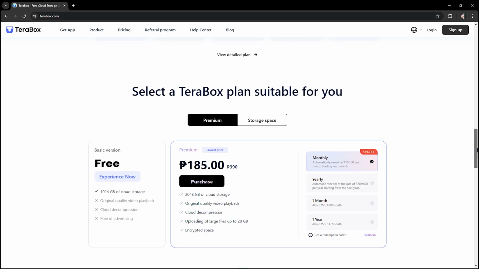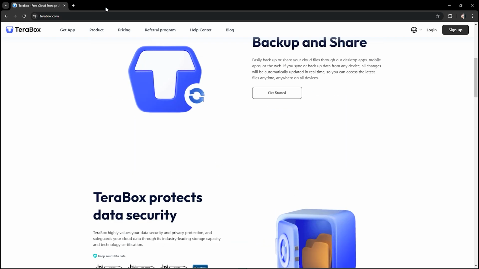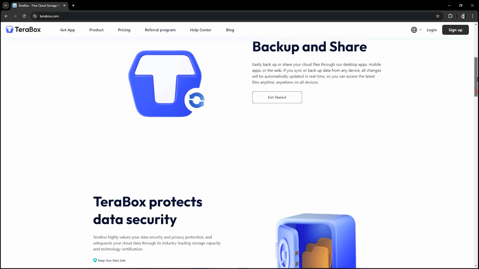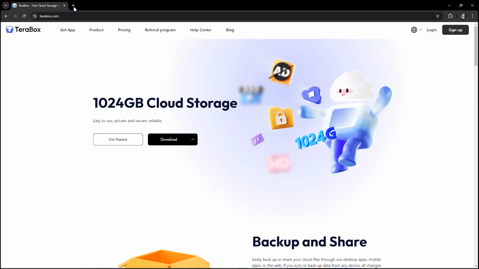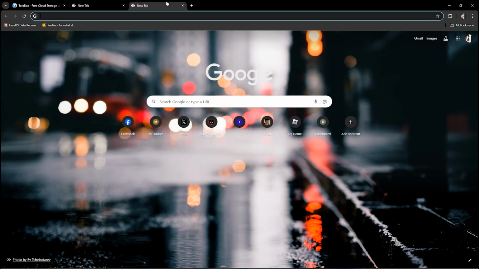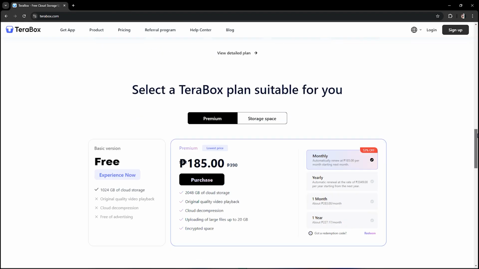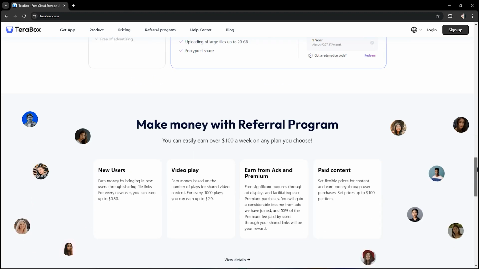And when you have opened many tabs or many applications, make sure to close them to reduce the buffering problems of your Terabox, like this. And if you have YouTube or Facebook or something else open, just X them to reduce the problems of your Terabox. And that's it.